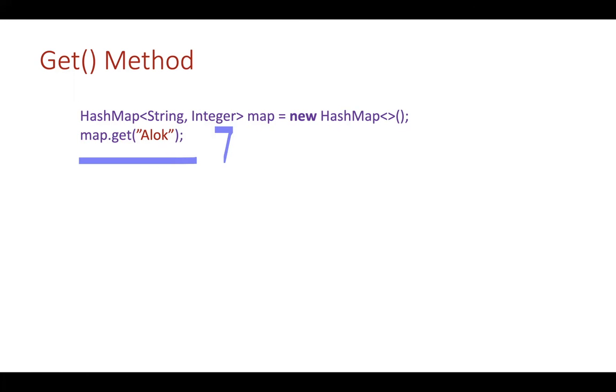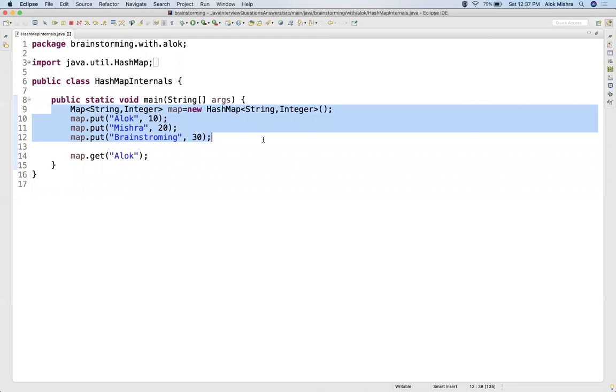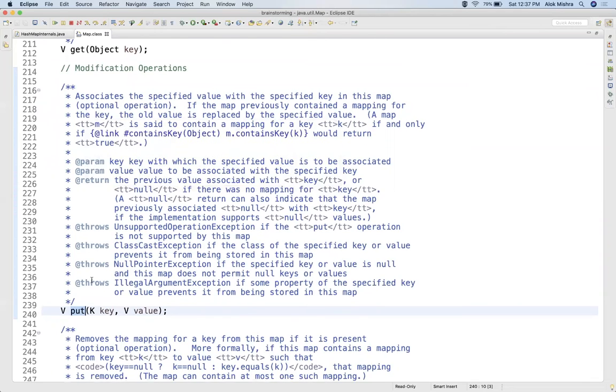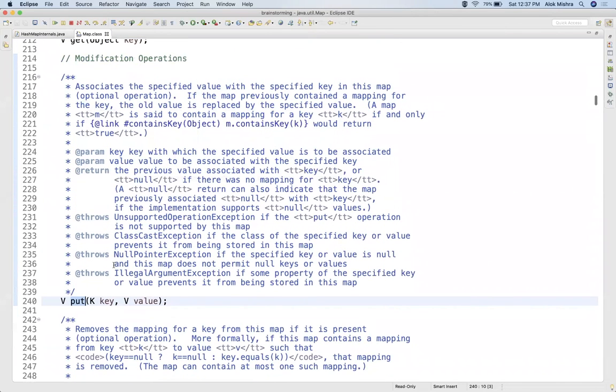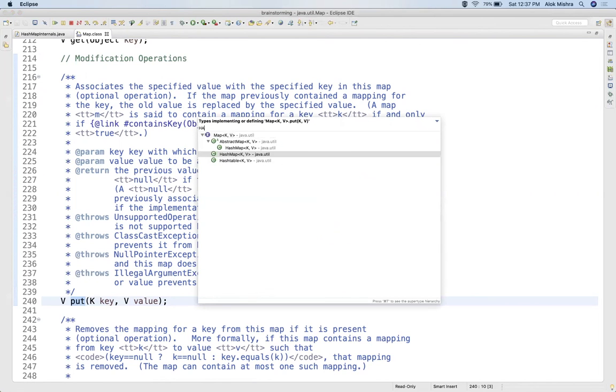Let's see how things work in the code world. See here, I have defined this HashMap with the 3 keys. Let's go inside this put method, and go to the implementation of HashMap.